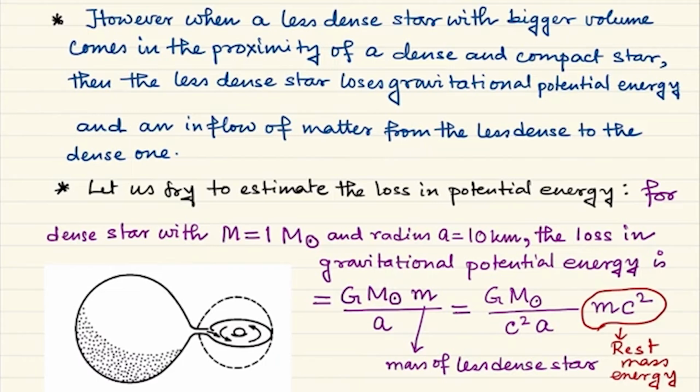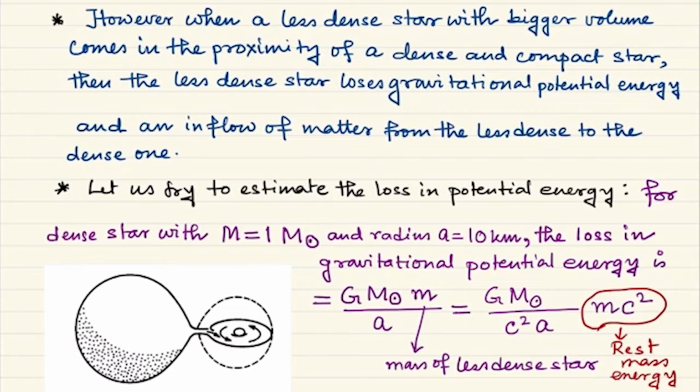That is a known phenomenon. Now we have to first of all try to understand why this is happening. But even before that, we will do a very simple estimate to just show that, unlike the case of a star evolution, where the nuclear energy component basically dominates over the gravitational potential energy loss,